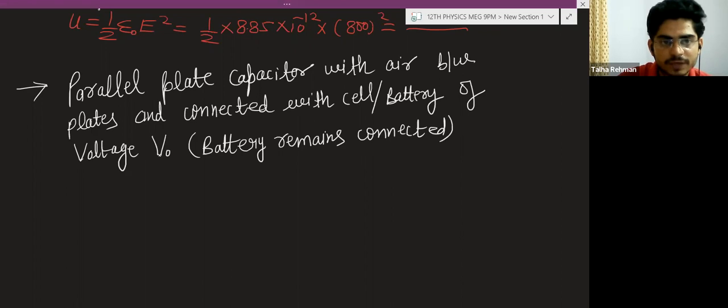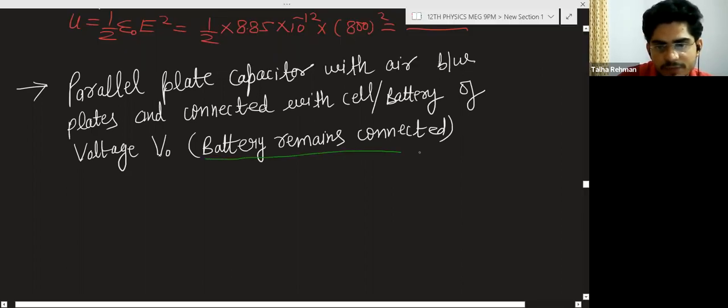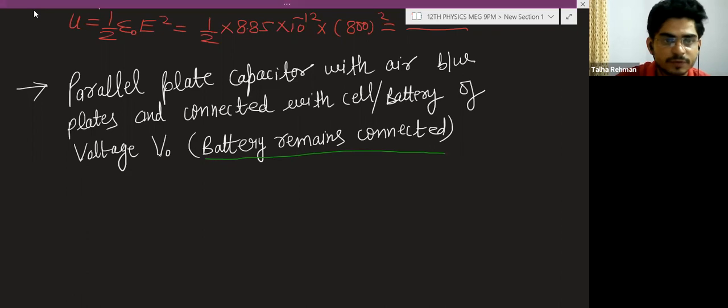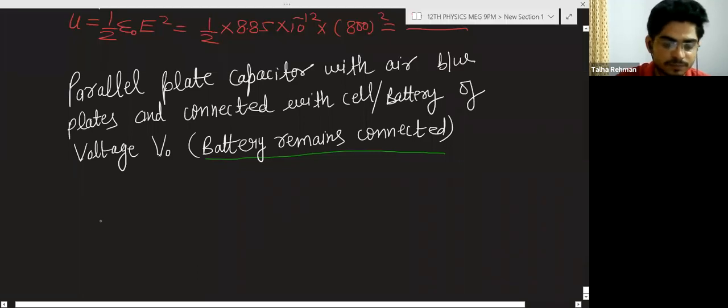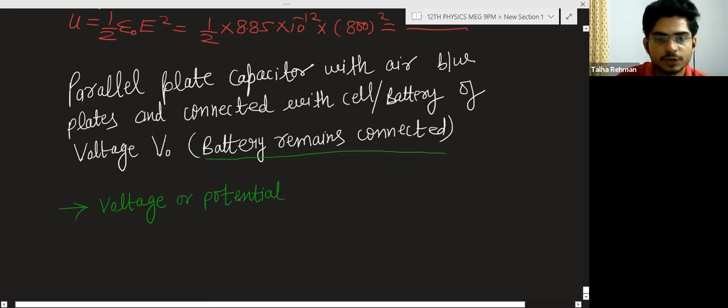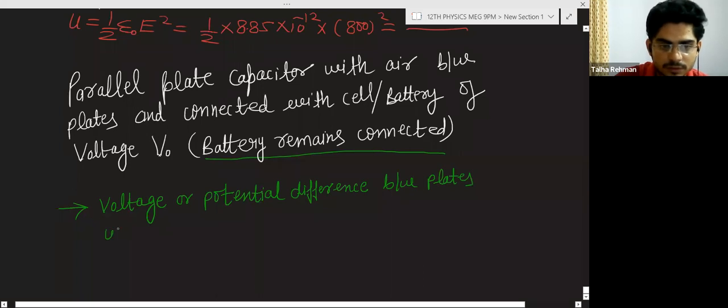And please note one thing, whenever the battery remains connected, the potential will remain the same. So you can say from here, the potential difference or the voltage between the plates will remain the same. Voltage is also known as potential difference across the plates. Voltage or potential difference between the plates will remain constant